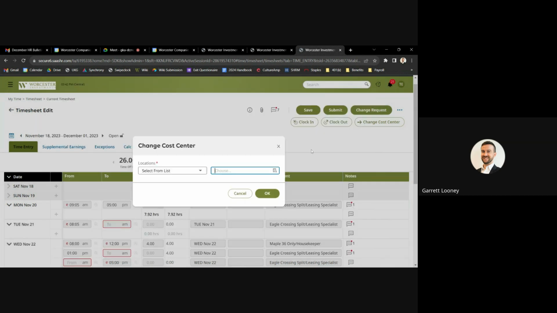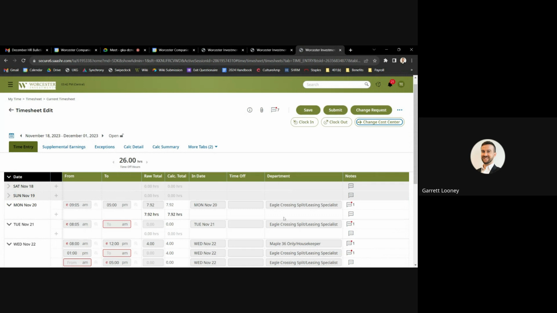And then save will obviously save the timesheet. Submit is going to be at the end of the pay period when you're submitting to payroll. And actually, from an employee perspective, it'll come to you first for approval. So when you submit it, it's going to go to you, and then you'll approve it,